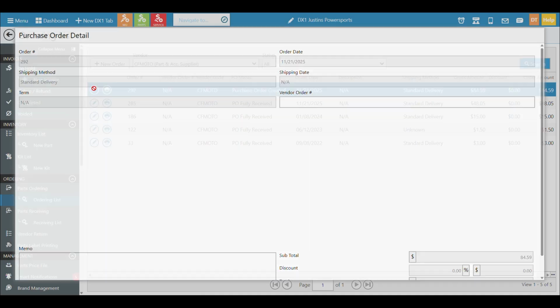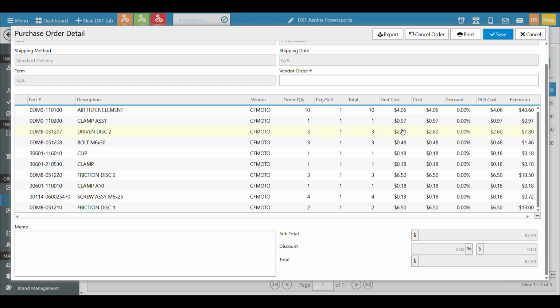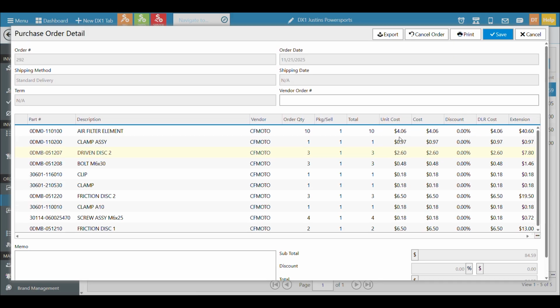Now, if I need to go back and re-access the PO to get some details, maybe I need to re-export it, I need to cancel my order, I need to reprint it, something along those lines, I can do that. But as you can see here, once the PO has been created, it's been created.